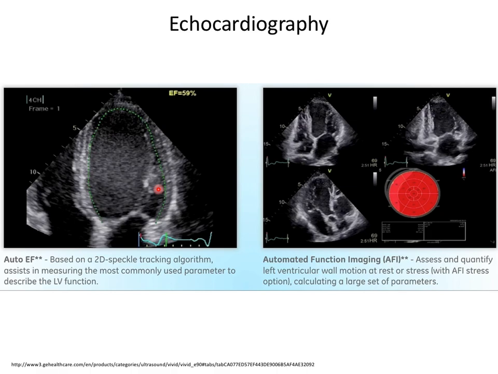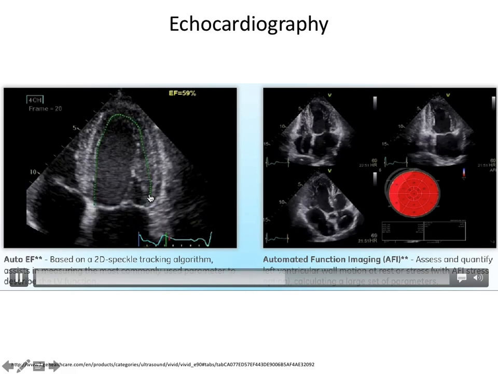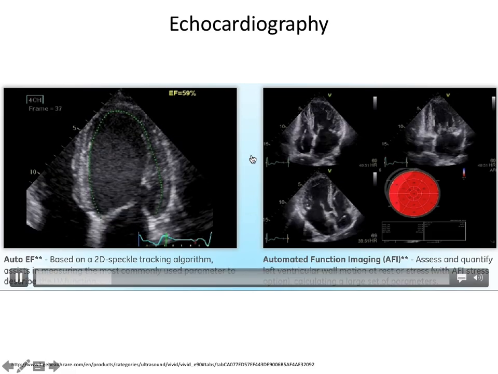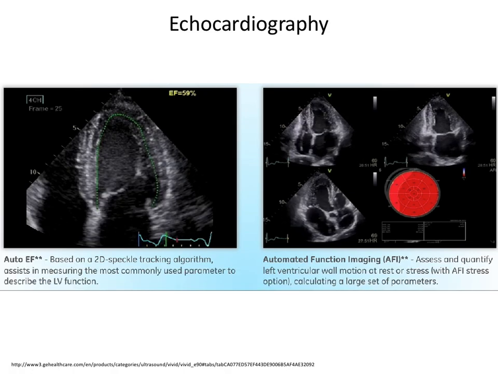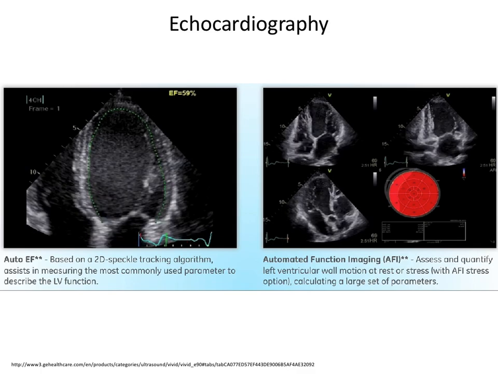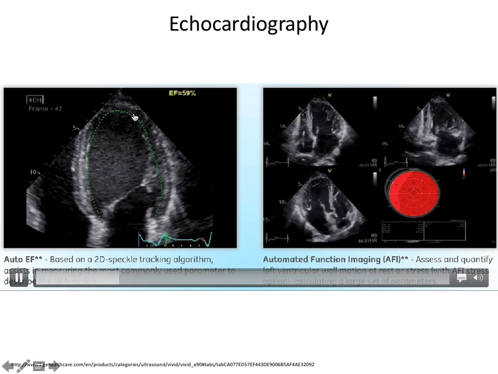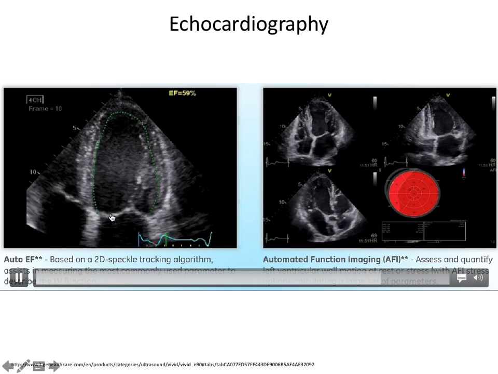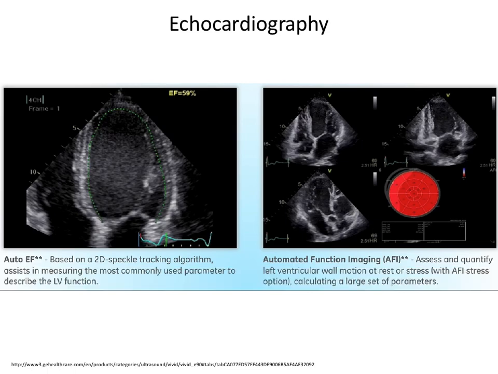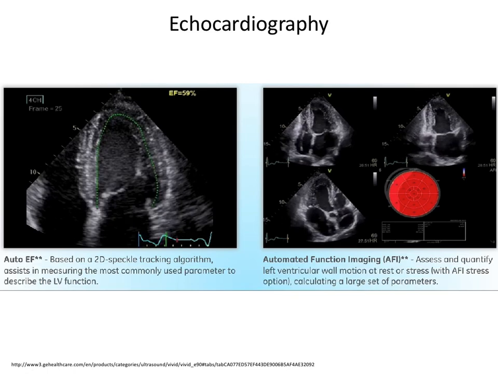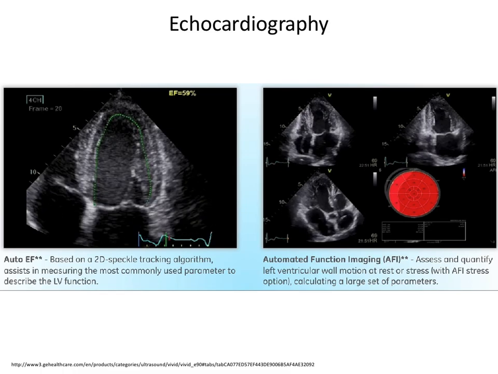Let me see if this might be a movie. Let's turn that on. Yeah. So looking at static echo images is one thing, but normally they're presented like this, where the heart's beating, because you're getting 15 or 30 images a second, something like that. So here you can watch the actual wall motion and determine whether or not this myocardium is all contracting well. If some of it is not contracting, that's an indication that the person has ischemia, or perhaps they've already had a heart attack and that part of the muscle is already dead,